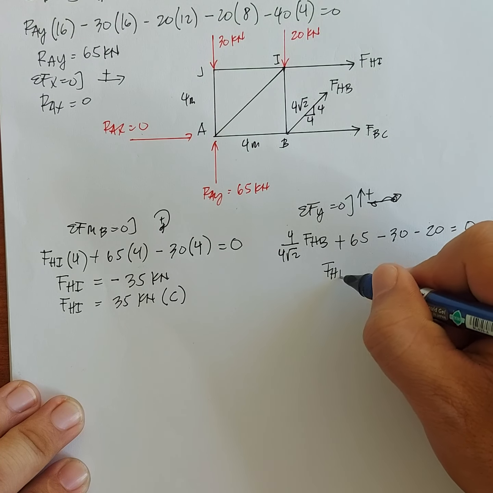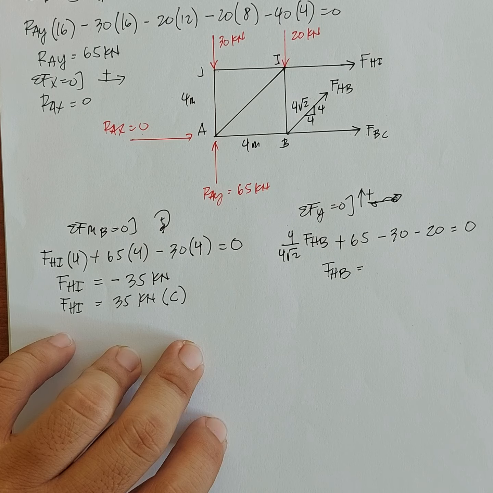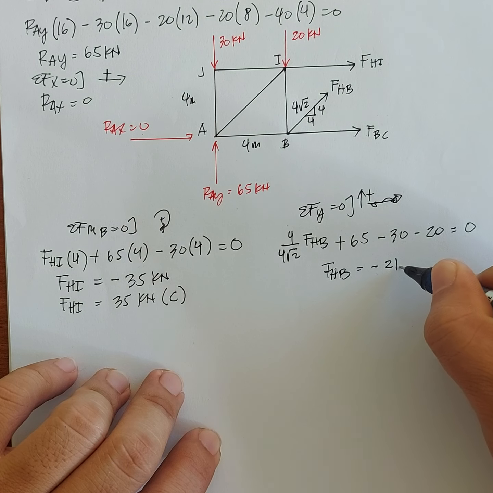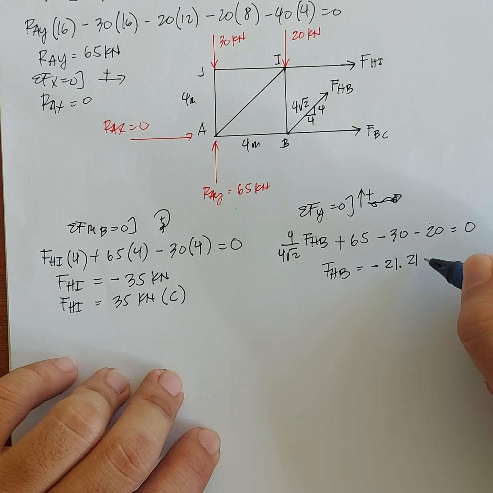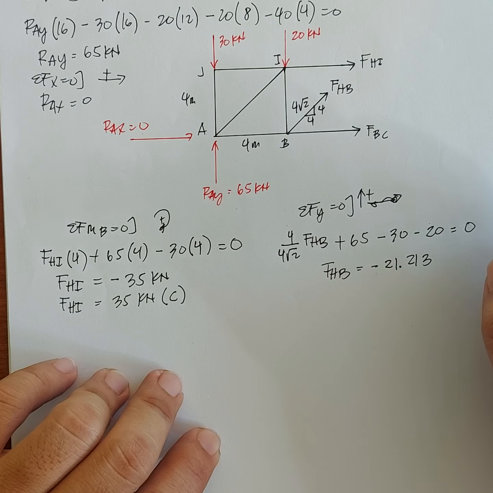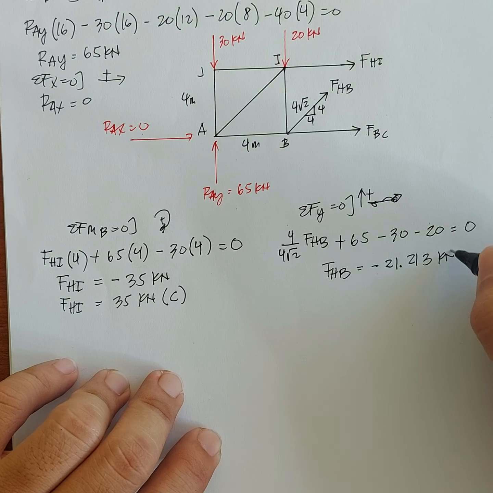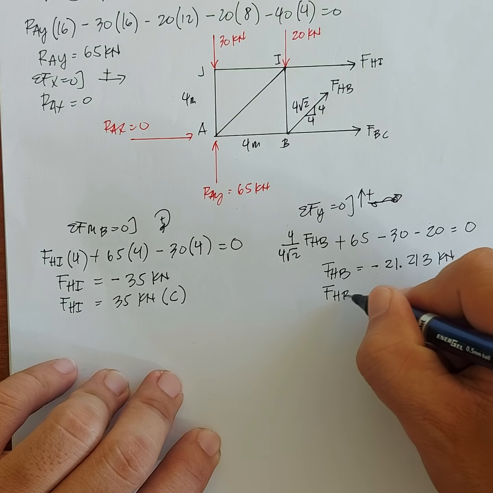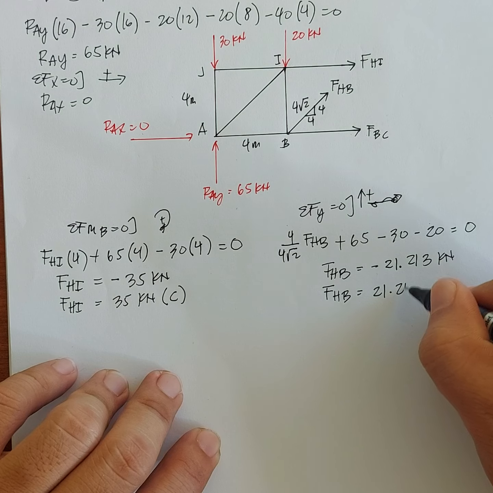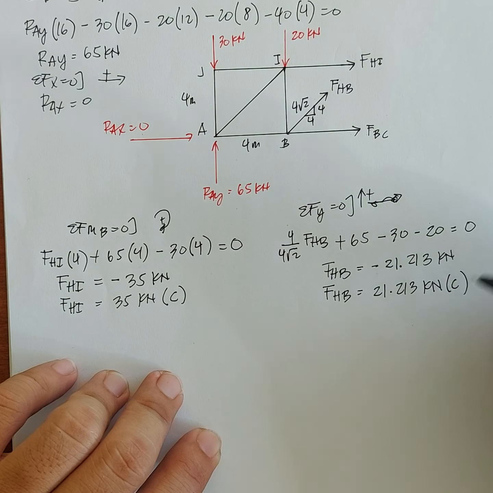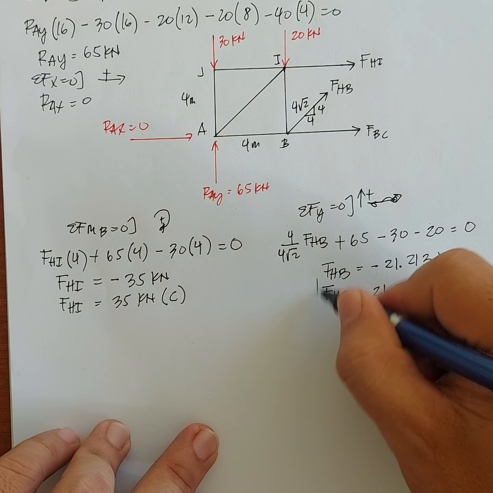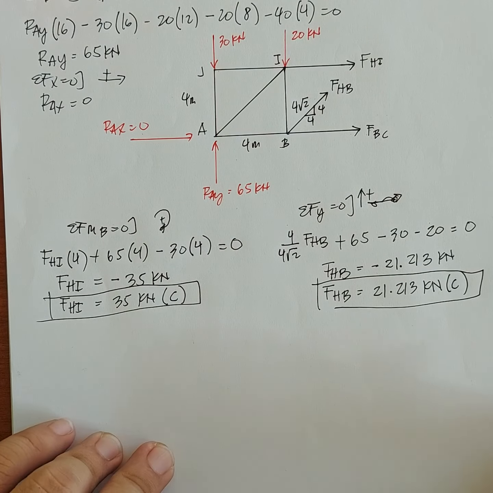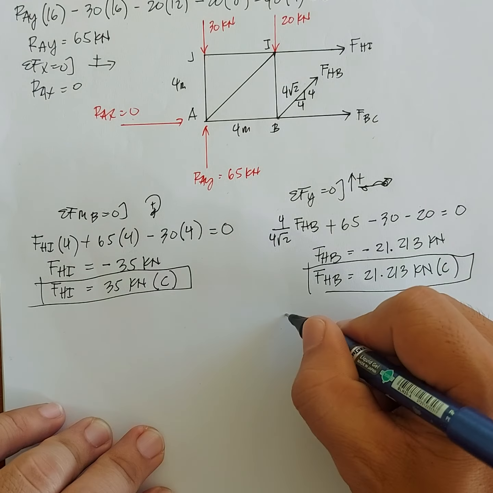So we have FHB is equal to negative 21.213 kilonewtons, which means that the negative sign means that FHB is in compression. So 21.213 kilonewtons in compression. Okay, so that is FHB. Tapos na tayo sa FHB. Lastly, we solve for FBC by summating forces